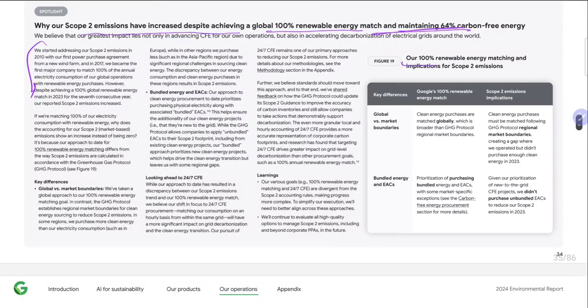And also in this figure you see the 100% renewable energy matching and implication on scope 2 emissions. So the details related to that: what is the key difference between Google's 100% renewable energy match and scope 2 emission implications also. So the details are provided here actually. Okay,